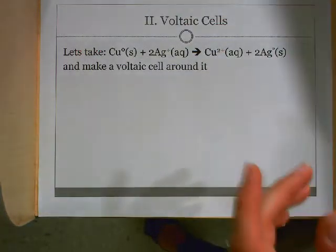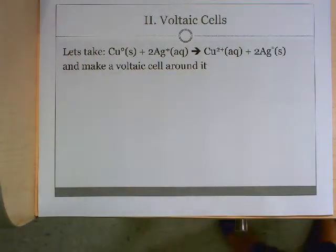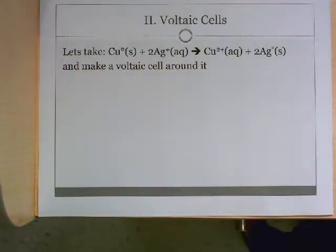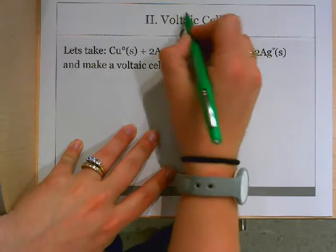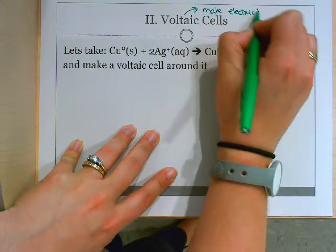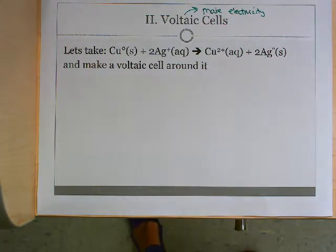Let's talk about voltaic cells and how we can get energy out of them. Alright, so let's take my original copper-silver reaction and we're going to build a voltaic cell around it. Remembering the voltaic cells are the ones that make electricity, right? So they're going to push electrons in a way that I can then gather them up and power a light bulb or